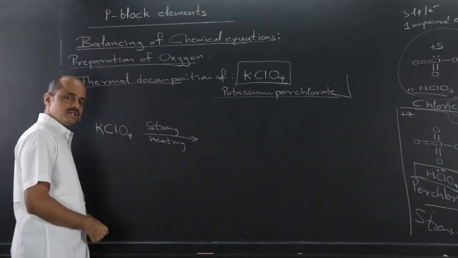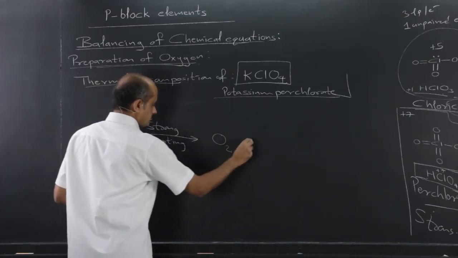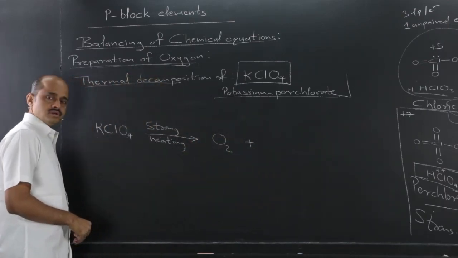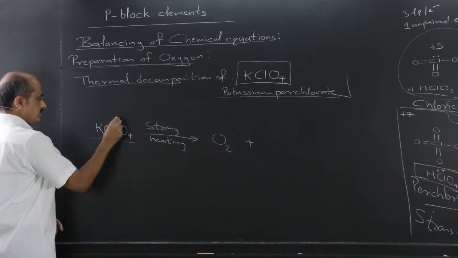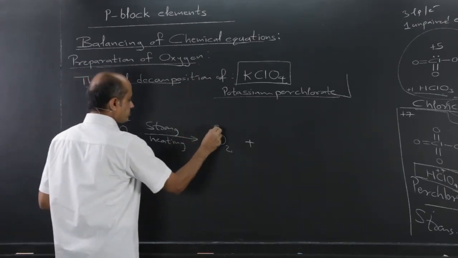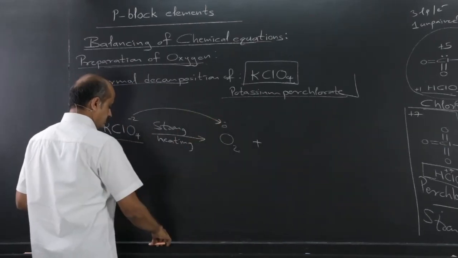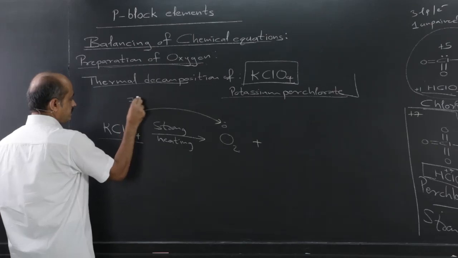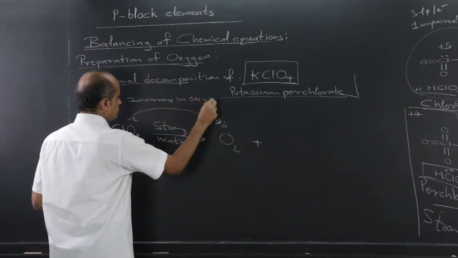Since preparation of oxygen is under consideration, let me write the main product first. Now, in potassium perchlorate, minus 2 charge on oxygen changes to 0. So this is an increase in oxidation number by 2,